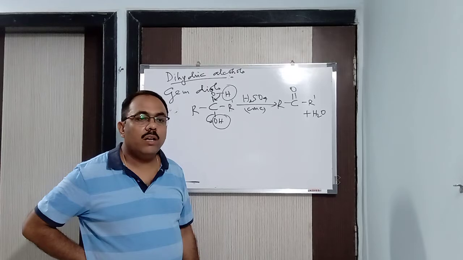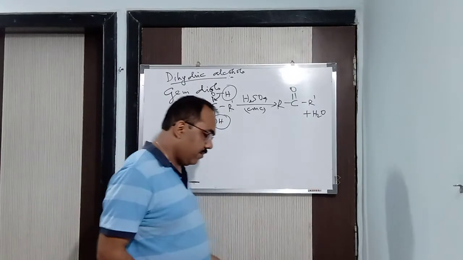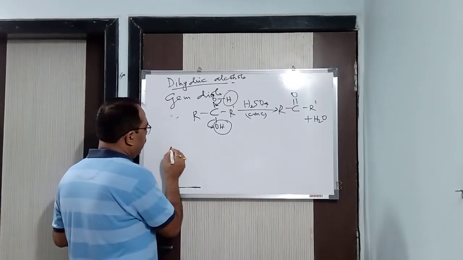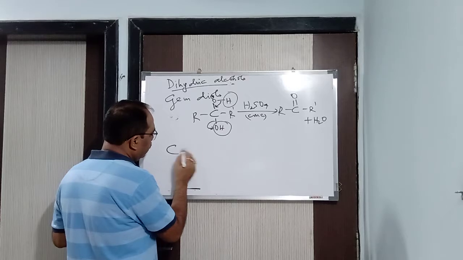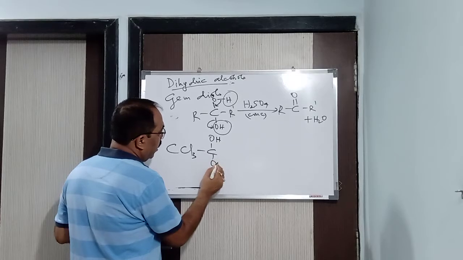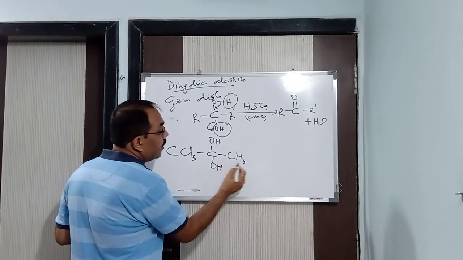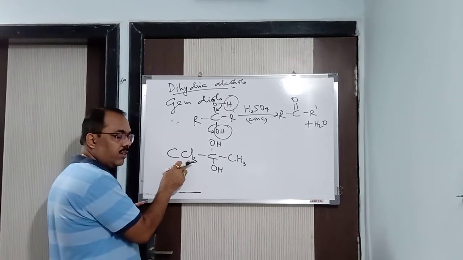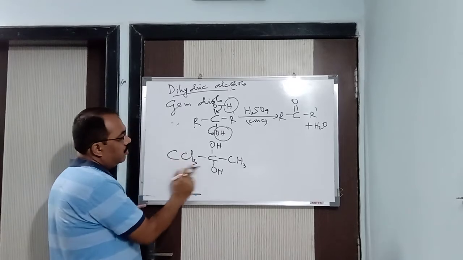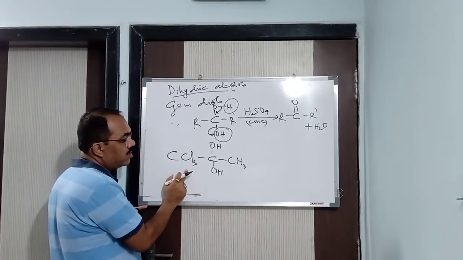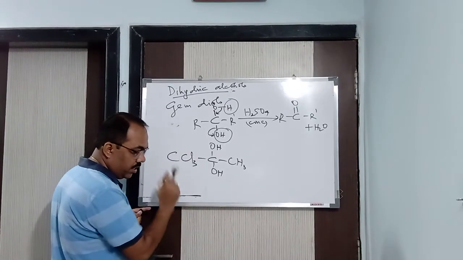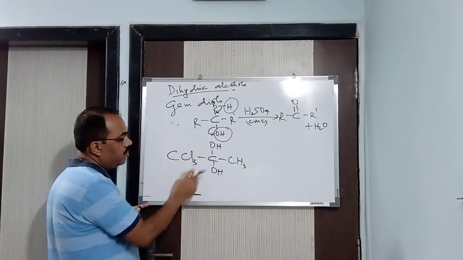Okay. Now, under gem diols, I'll give you the names of some gem diols. Got it? So what are those? For example, let us say we are having CCl3, C, OH and OH, and here CH3. Just now I was saying minus I effect. This one is the minus I effect. Chlorine has a minus I effect, you know that. So in this particular one, due to the presence of the minus I effect, the gem diol becomes stable. We can say that the two hydroxyl groups attached to the same carbon atom, this alpha carbon atom, become stable.